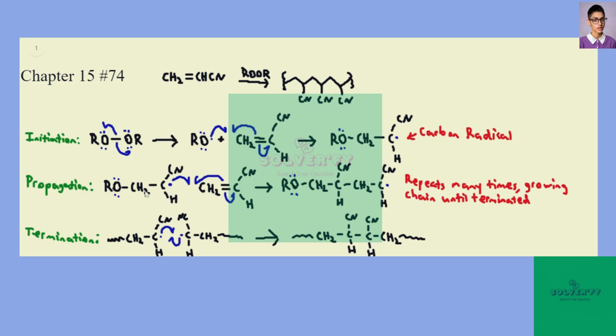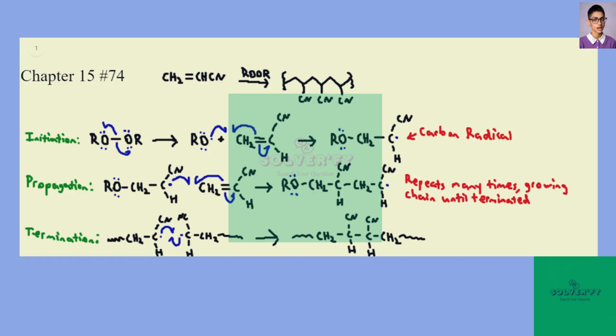Then to end this reaction, we have what we call the termination step. And so that's going to be instead of a carbon radical attacking the carbon-carbon double bond to form a new carbon-carbon bond, 2 radicals are actually going to come together to form a new carbon-carbon bond. But the important difference here is that after this bond is formed, we're not left with a radical. And so since there is no more radical, the reaction can't continue, and it terminates the reaction, hence the name